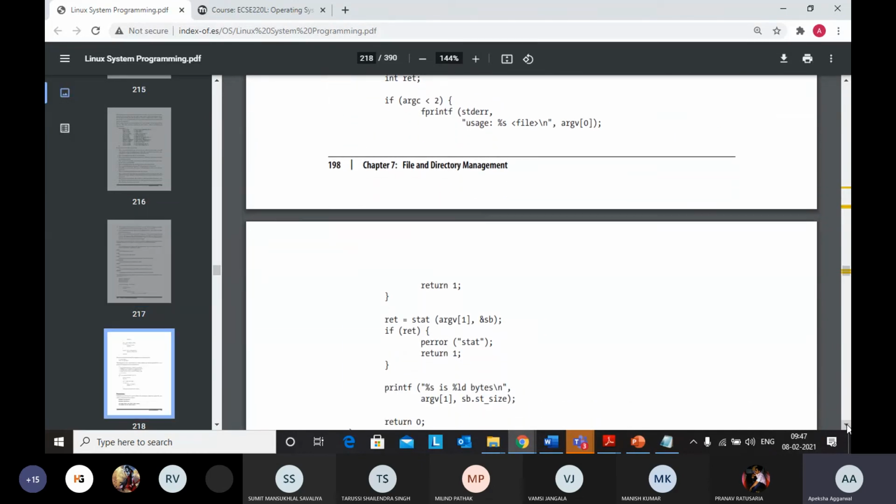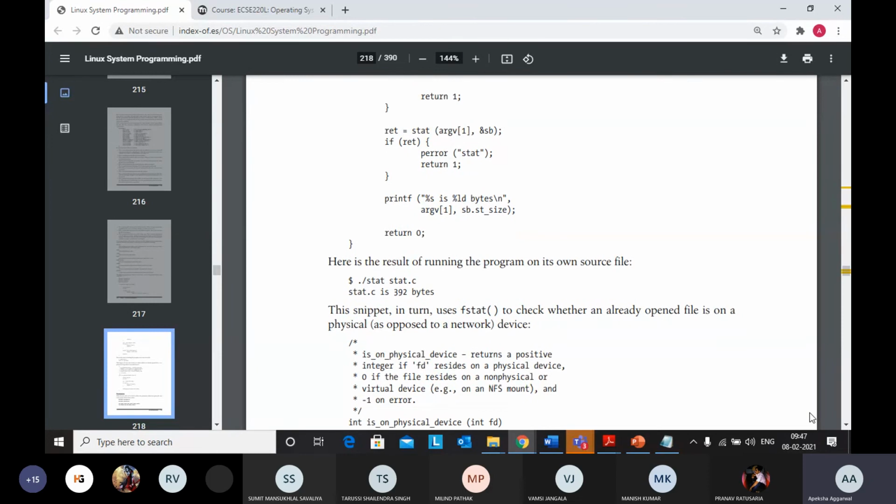So they are executing this. This is the execution: ./stat, the name of the program that you want to execute, and this is the first argument that you are passing in the command line.